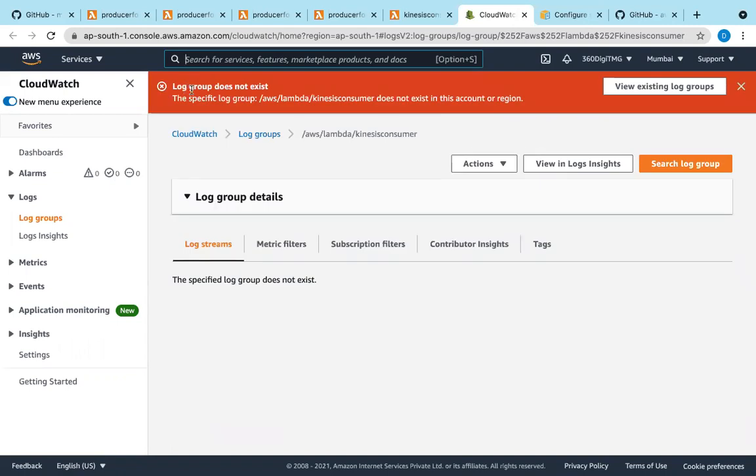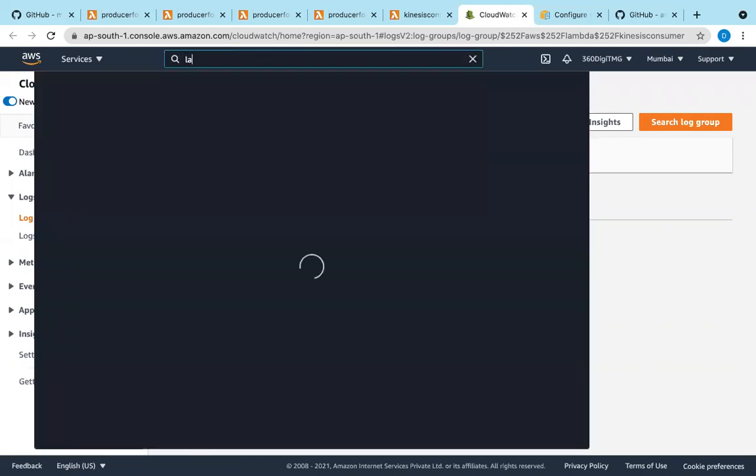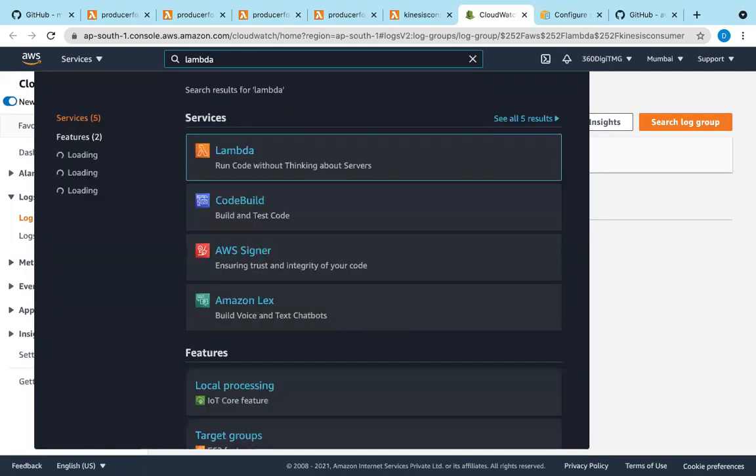Yeah, log group does not exist. No problem. What is the issue? There are no errors here, but we are getting some runtime errors.